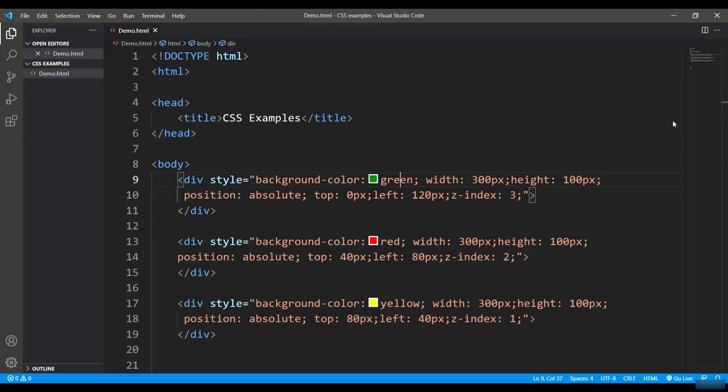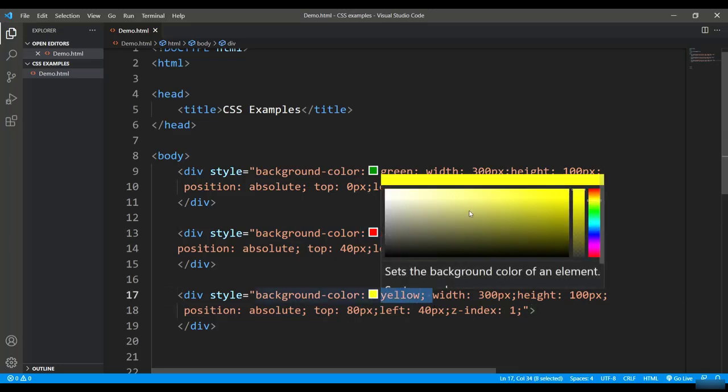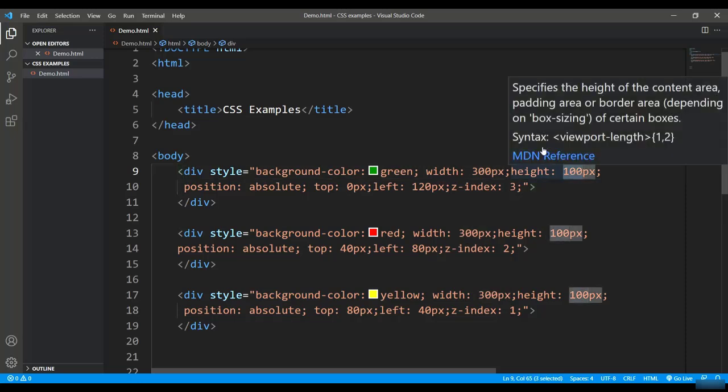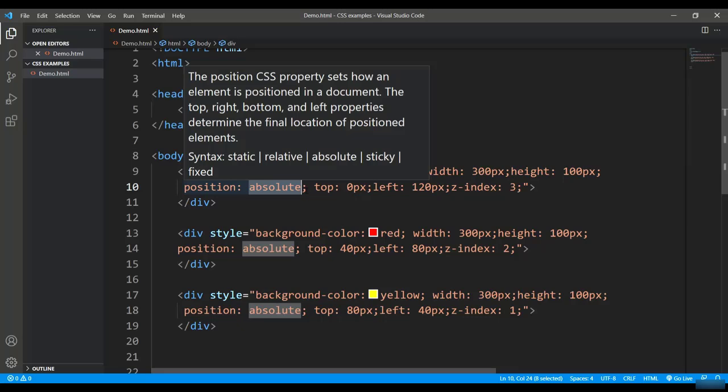So as far as layers are concerned, here I have placed three different divs which will be behaving as layers, and let's see what all attributes are there. All three divs are of different colors, green, red and yellow, with the same dimensions, that is 300 width and 100 height, and all are having absolute positioning, which we have already